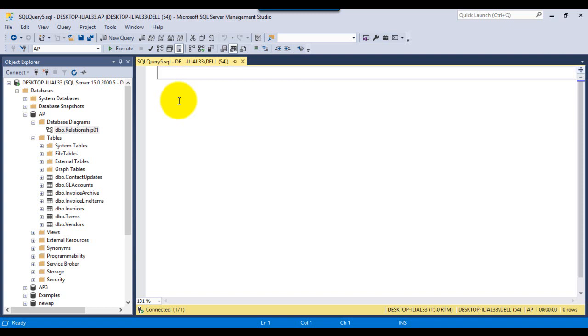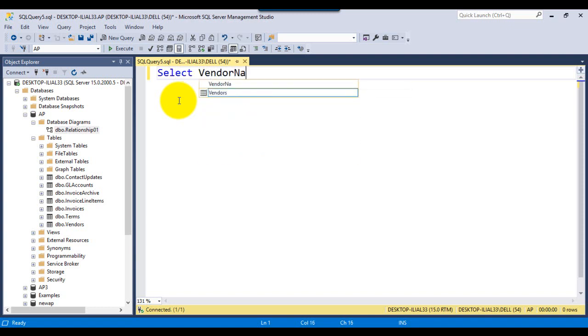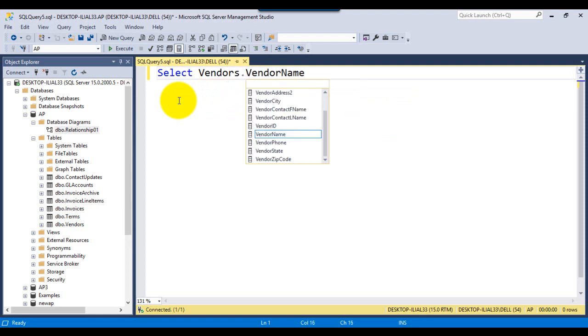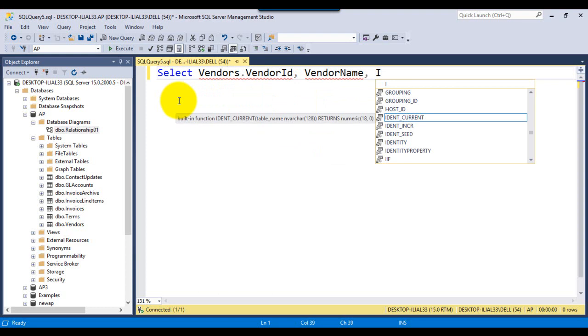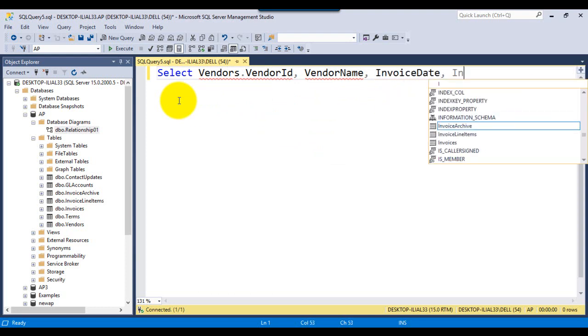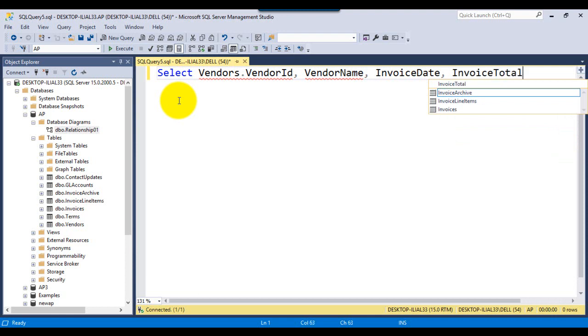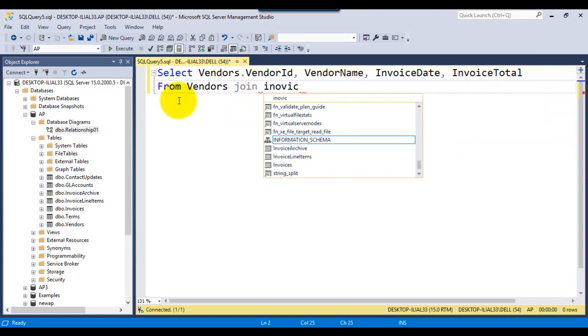Here I want to select vendors.vendor_id, comma vendor name, comma invoice date, comma invoice total from vendors join invoices.